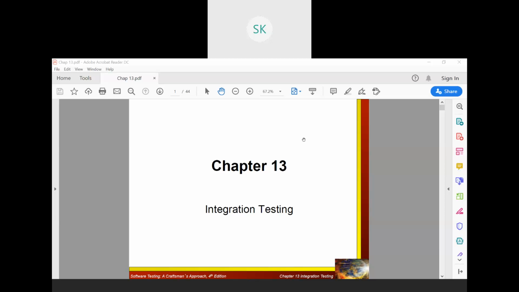So integration testing will be occurring in two textbooks. The first integration testing listed in the syllabus points to textbook 2, which we were studying in the last class. You need to have the same textbook. Another integration testing, along with the levels of testing, is with respect to textbook 1. In this, chapter number 13 is what we are looking into and concentrating on in this particular class. Okay, so with respect to integration testing, that's what you can take.